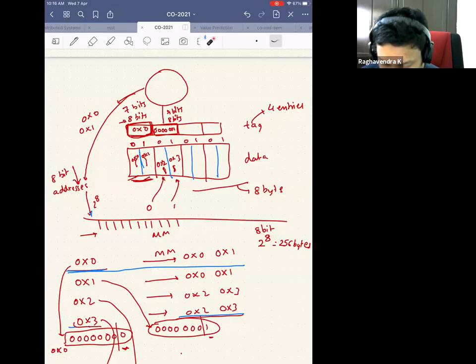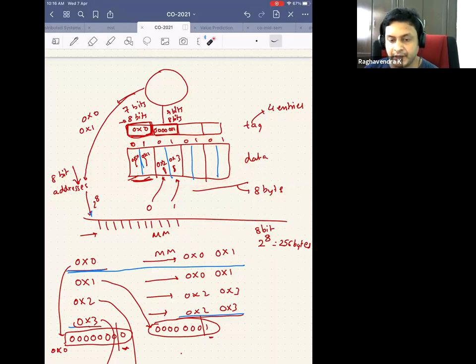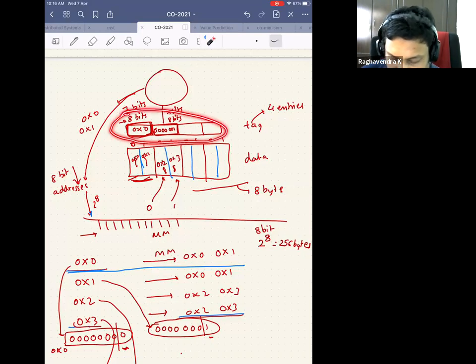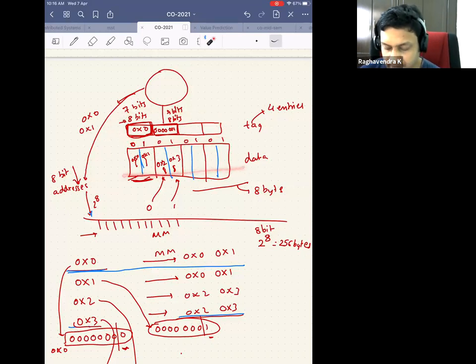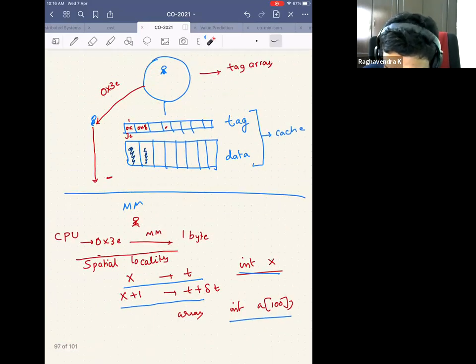So we were discussing this particular hardware component called cache, and we convinced ourselves that if I have to have a cache, then I do have to have a tag, because I'm storing frequently used data here because of temporal locality and of course because of spatial locality also. But we need to have a tag. The tag stores the address and the data is stored here. So we saw a design where we had 8 bytes of data and there are 8 tags.